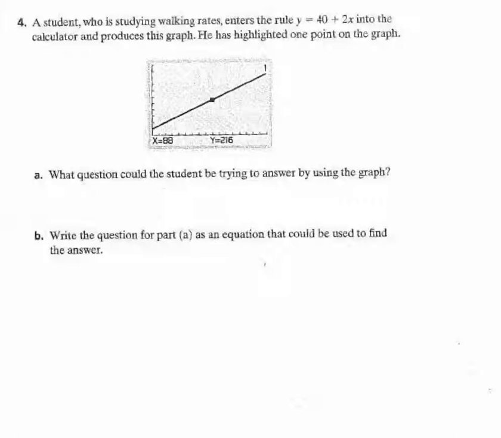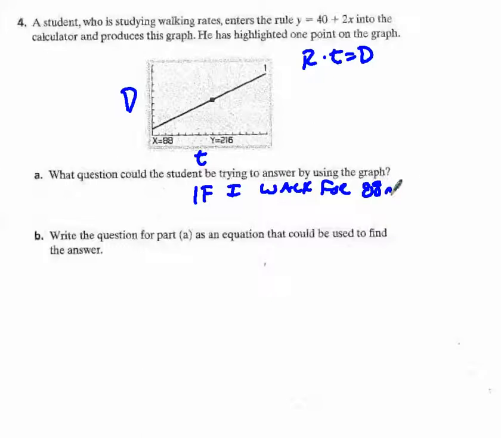So if we're talking about the actual walking rates, we're going to have time, because we know that rate times time equals distance, right? And we remember that from comparing and scaling. So my time and my distance are going to have to be here, right? So 88 is a time. That is a distance. So I guess the student is wondering, if I walk for 88 minutes, that's just far more realistic. How far